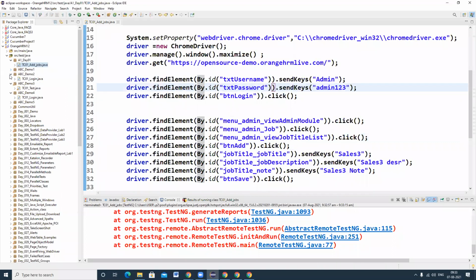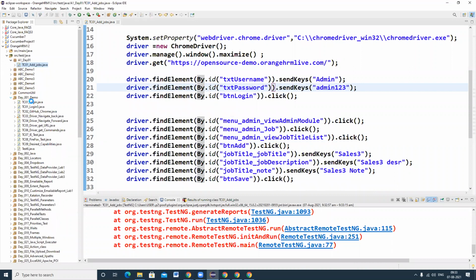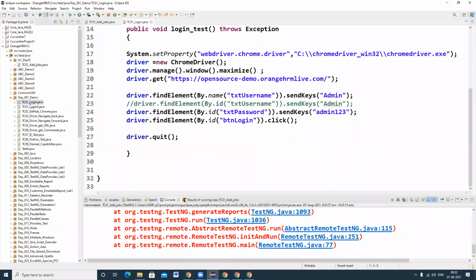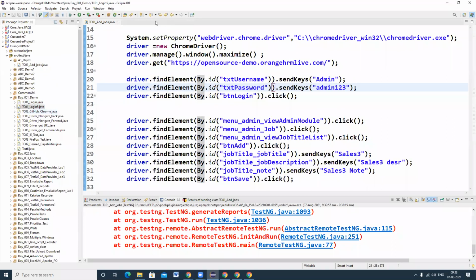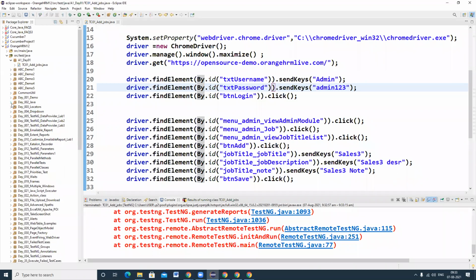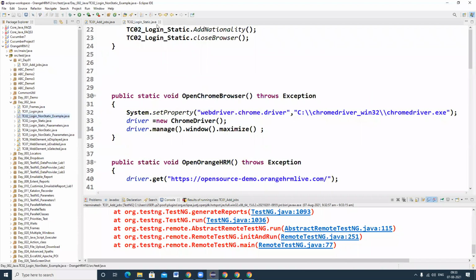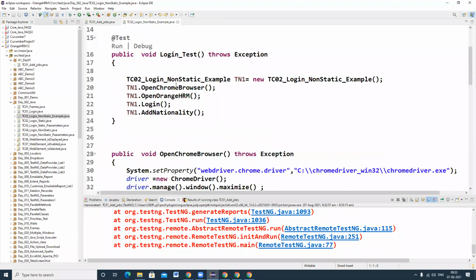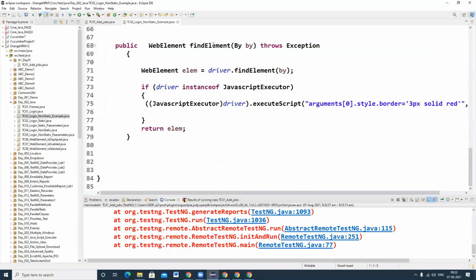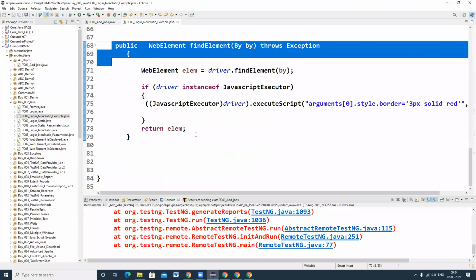Okay. So for the same program, I'm going to do some more extension part. In the day 2 Java project, there is a package. So I'm taking one method. So this is the find element method. Okay. So this is the method. Generally this method